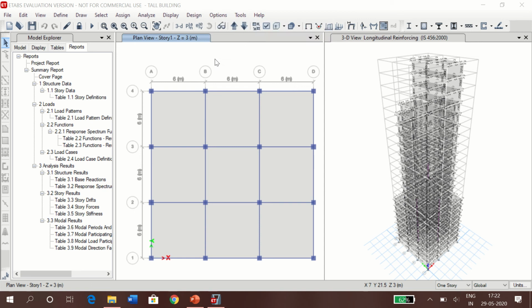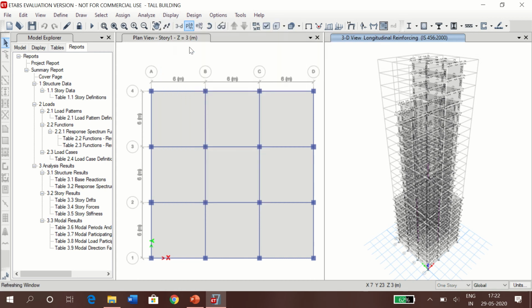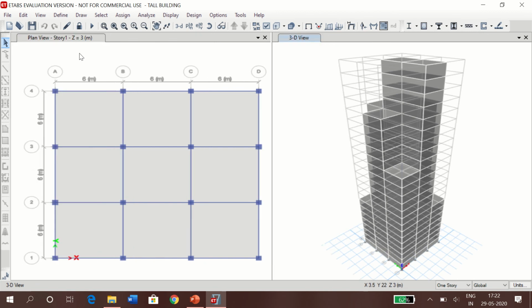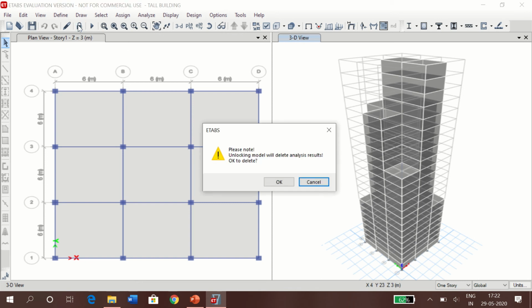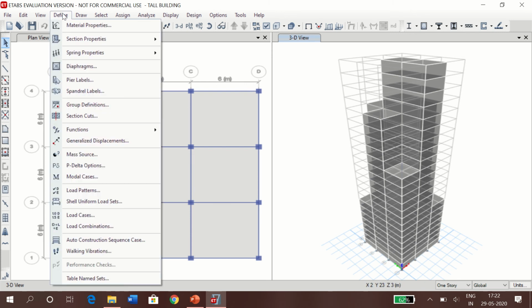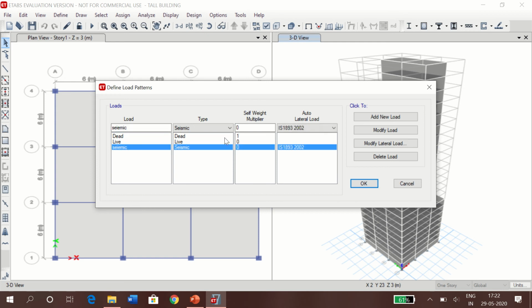Now the same building we'll be doing by time history analysis. So for doing that time history analysis, we'll be first unlocking the building so that we can add new load to it. Now go to define, go to load patterns. We see that the seismic load is already defined, but now we have to modify the seismic load,